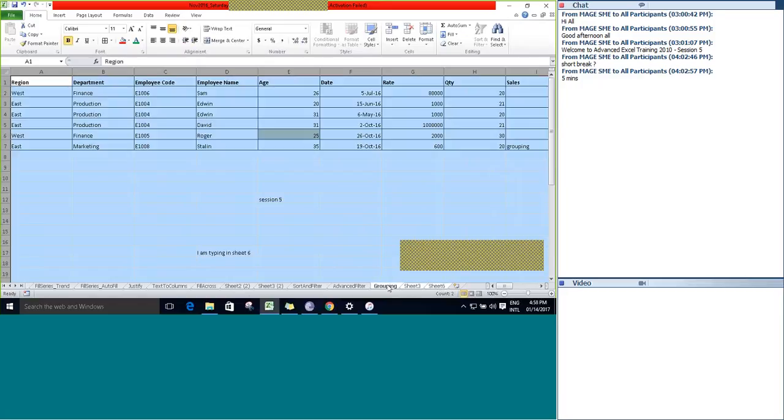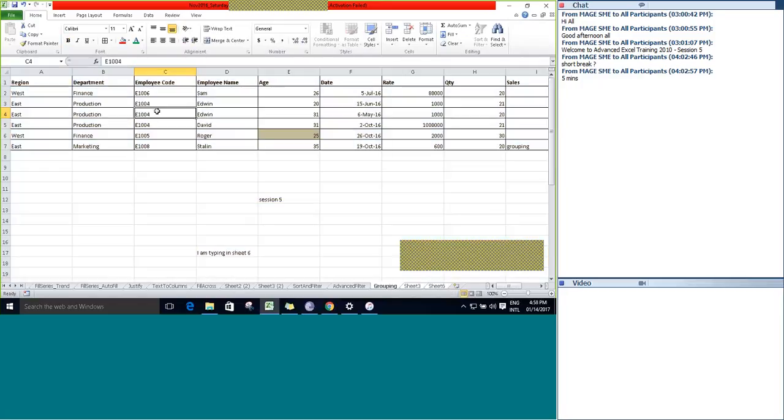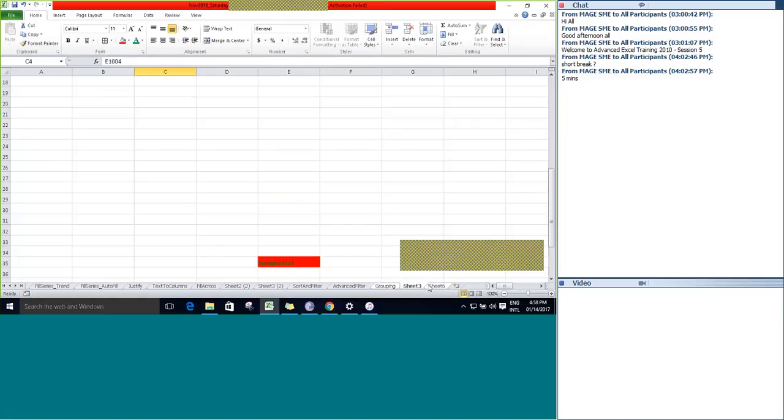So if you work with grouping, it will consider formatting and also the contents available in a cell. Whatever formatting we do in one sheet, the same can be applied to the sheets that are grouped.